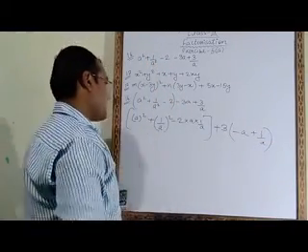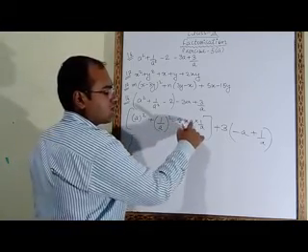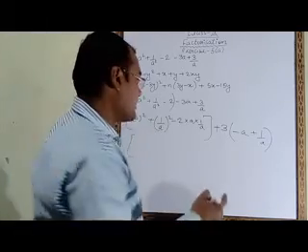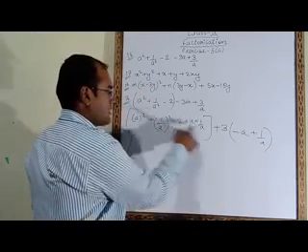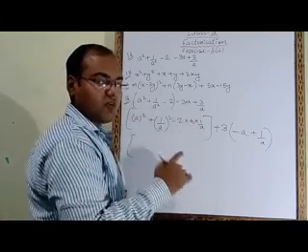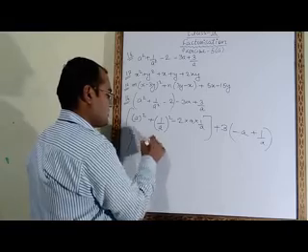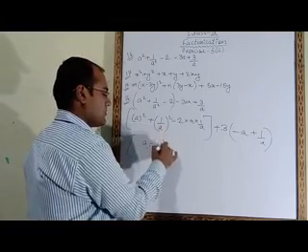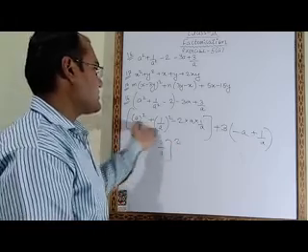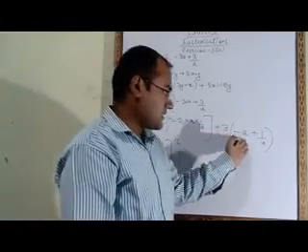And here a square plus 1 upon a square minus 2 into first number into second number. This is one formula: a minus b whole square. This is minus 2ab. This is a, this is b, this is minus 2ab. So what formula is this? This is the formula of a minus b whole square. So a is this number, minus b is this number, whole square. So when you open this whole square, you will get the same answer. So here it is a minus 1 upon a, and here it is minus a plus 1 upon a.